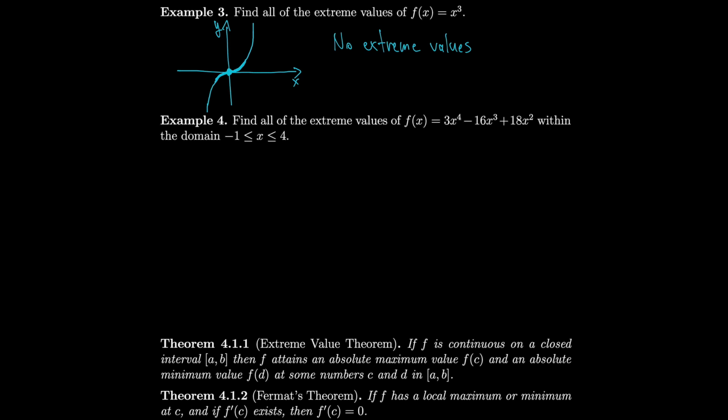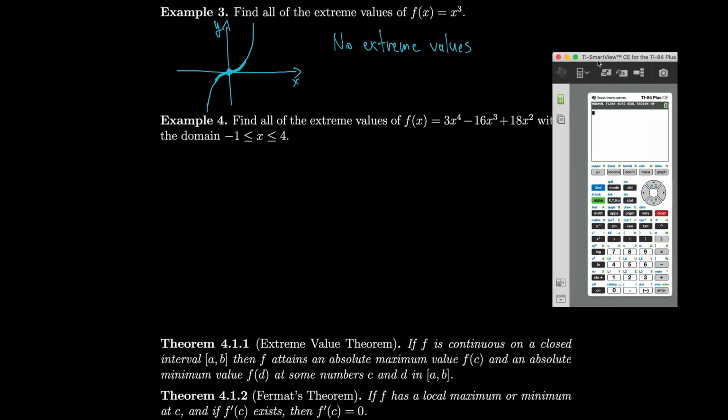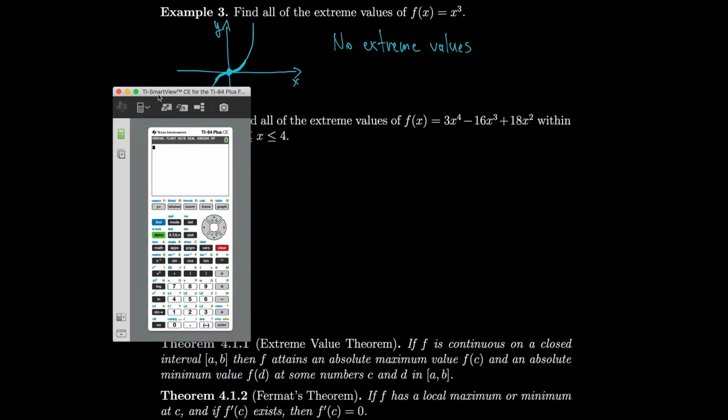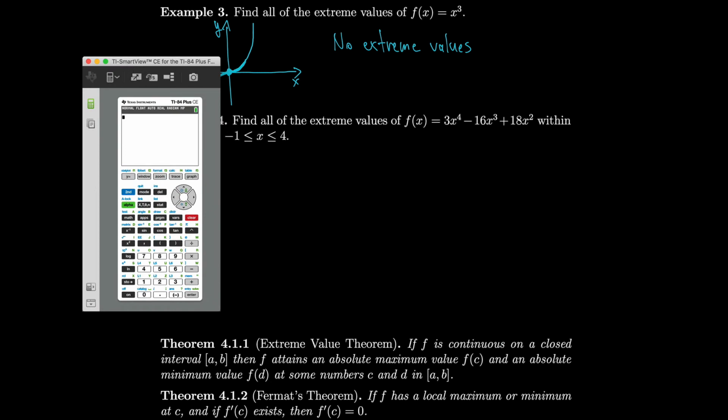Let's find all of the extreme values of f of x equals 3x to the fourth minus 16x cubed plus 18x squared within the domain from -1 to 4. So we'll use our handy dandy calculator emulator. Let's position it over there. We want to plug in